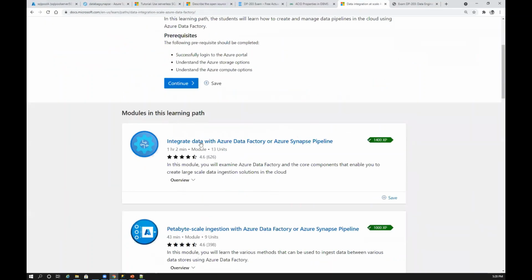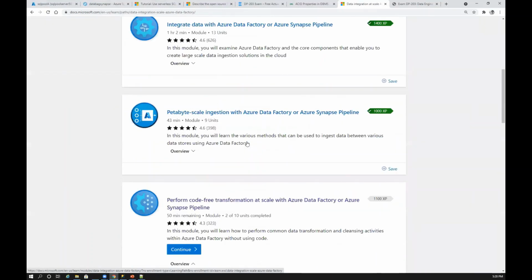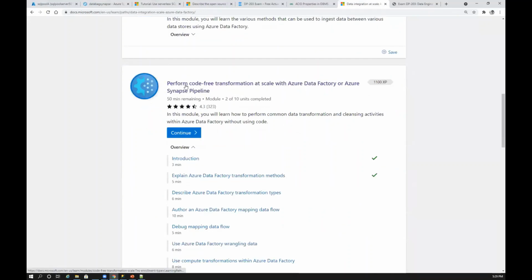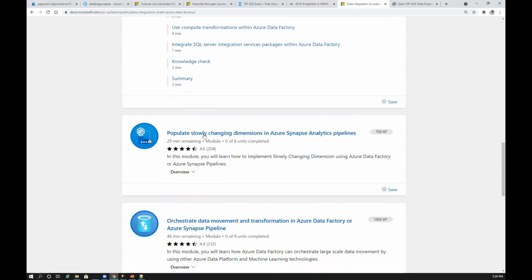If you go to this, integrate data, just try to understand what is integration, data ingestion, and performing code-free transformations. We have seen this using data flow and wrangling using Power Query. Populate slowly changing dimensions: you can also populate using this. What are slowly changing dimensions?